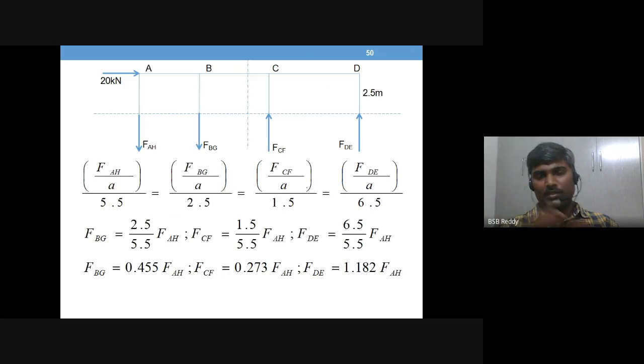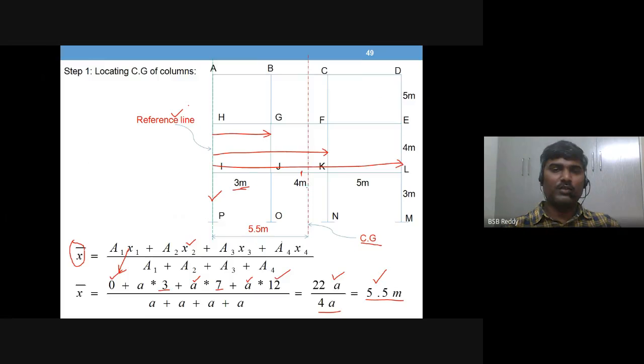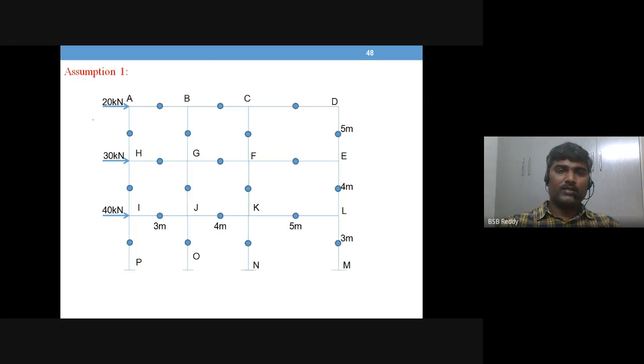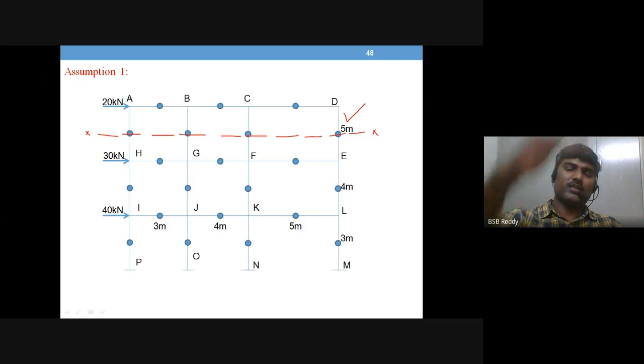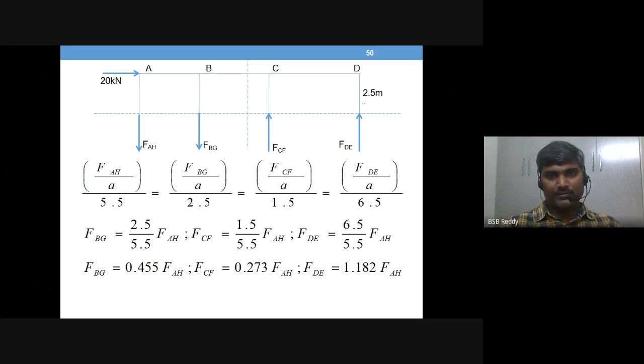So take a section in the center of each story. Let's talk about the top story. Pass a section through the center of this. Then take the part above the section, and draw it as it is. That is what this is. Okay, so this is where the point of contraflexure is present